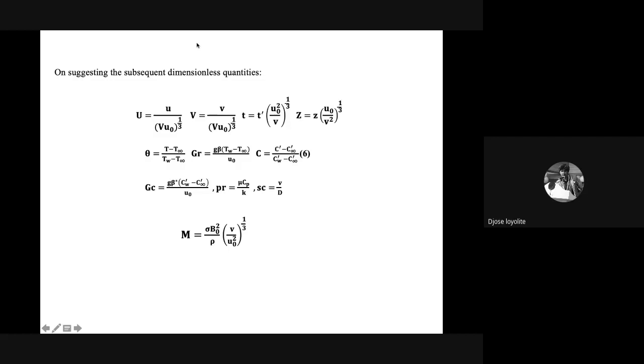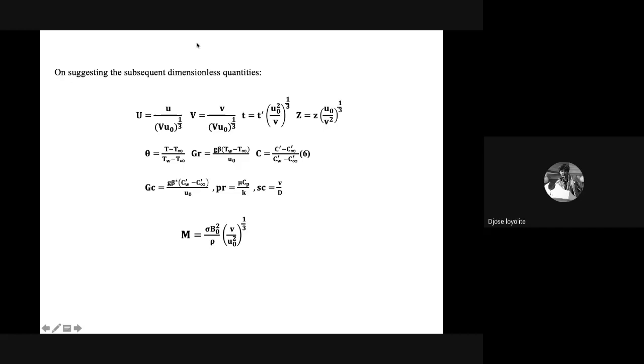Next, I have used here the Prandtl number and the Schmidt number. The Schmidt number is the ratio of momentum diffusivity to mass diffusivity, and its main application is that it talks about the diffusion coefficient. We also have the Grashof number, that is the mass Grashof number and the thermal Grashof number. The Grashof number is the ratio of buoyancy forces to the viscous force. Its main application is to check the fluid behavior, and it shows how dominant the buoyancy force, which is responsible for convection, is when compared to the viscous force.